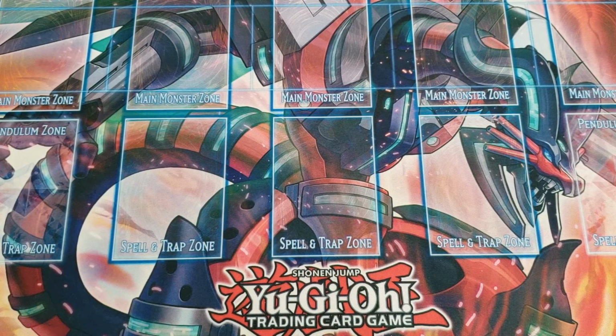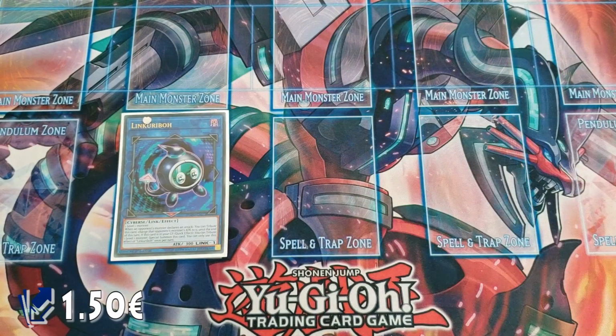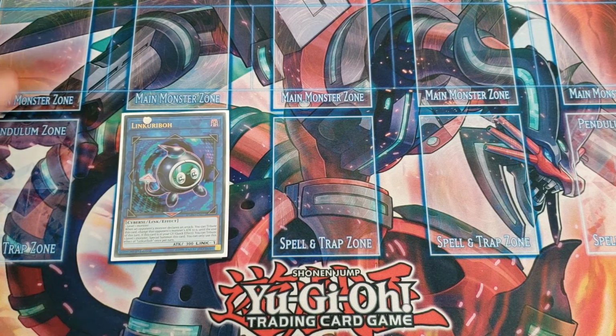Next we have the extra deck. We start with 1 Linkuriboh. You need it for the 1 for 1 plays, and the Herz. When you have a Herz and a Cybernetic Repair Plant, you need a Cyber Dragon in your graveyard. So you normal summon Herz, make Linkuriboh, and then you have a Cyber Dragon in your graveyard, so you can activate